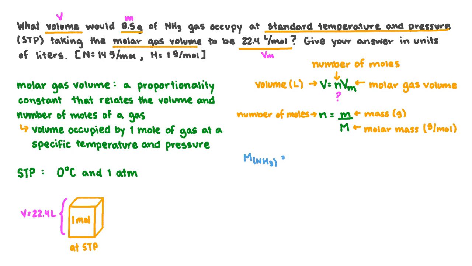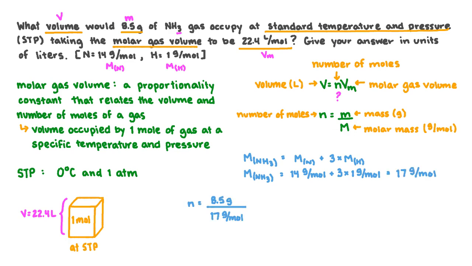The molar mass of ammonia can be calculated by summing the average molar masses of the constituent atoms, which were provided in the question. We need to multiply the average molar mass of hydrogen by 3, as there are 3 atoms of hydrogen in each molecule of ammonia. We perform the calculation and determine the molar mass of ammonia to be 17 grams per mole. We can then substitute the mass given in the question and the molar mass into the equation to determine the number of moles of ammonia to be